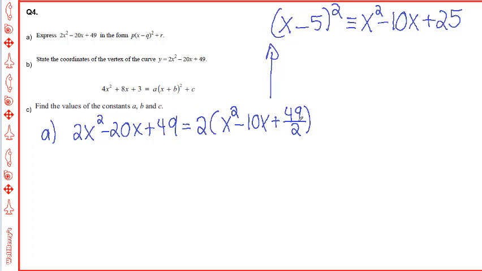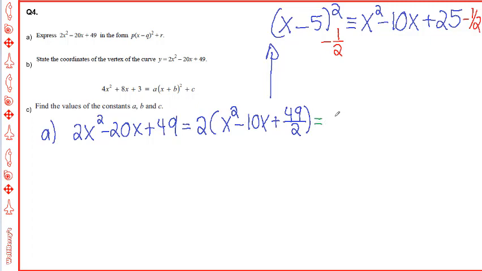Now, if you do 49 over 2, that gives you 24.5. So to go from 25 to 24.5, we minus a half. So we say minus a half. That's how you go back to this. So here we put minus a half next to this. So if we go back to our question there,